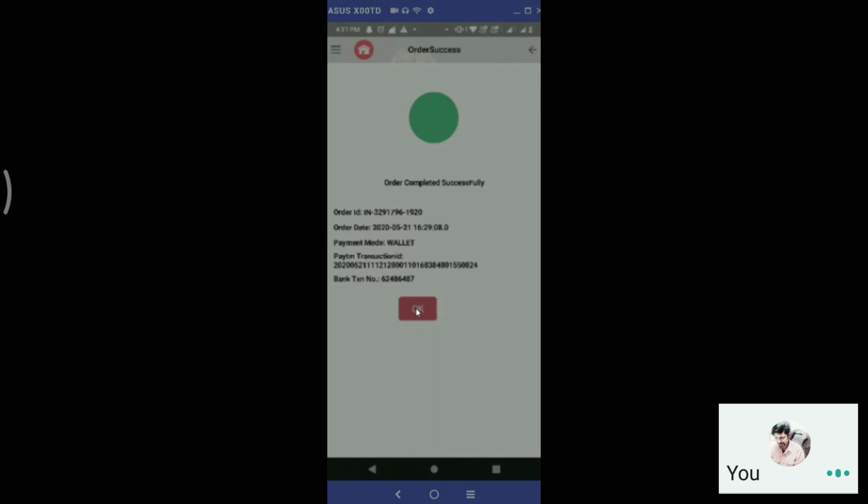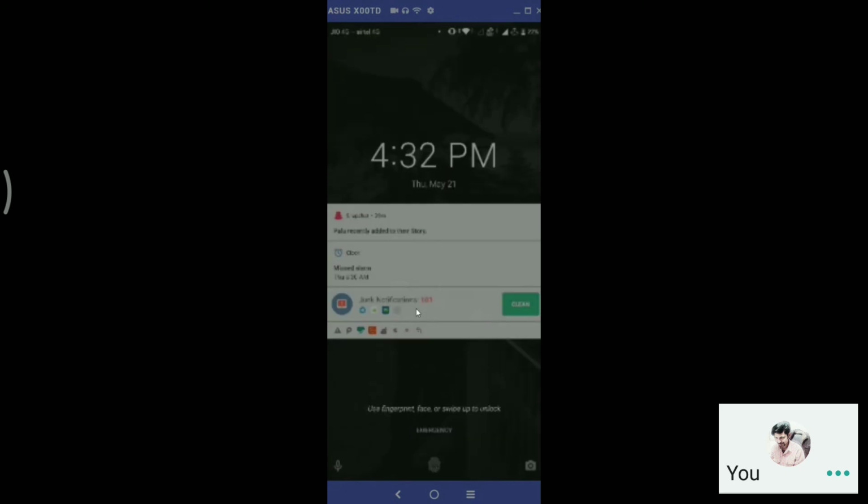I'll show you that part, sir. Yes, please show me the sample bill if you have any. Once I click OK, it will automatically take me back to the same scanning field. So my transaction is completed, and I can start a new transaction.